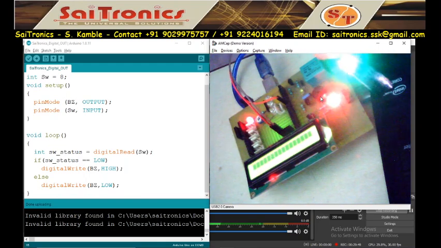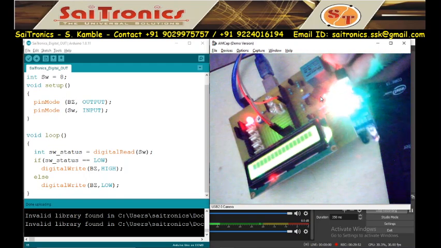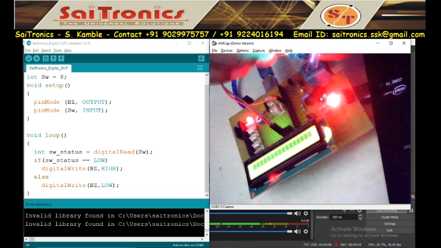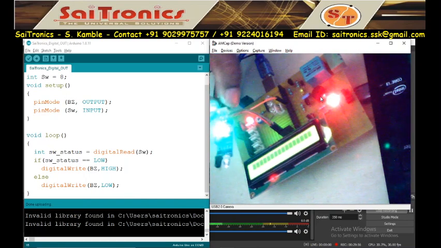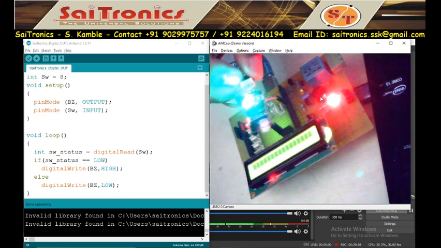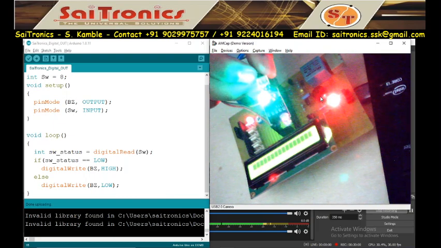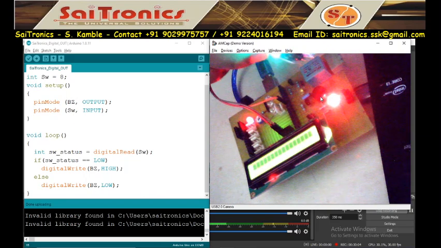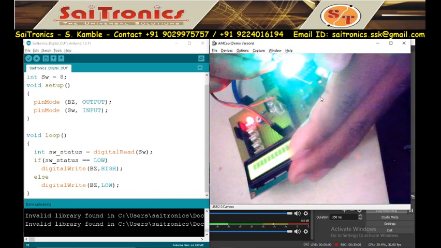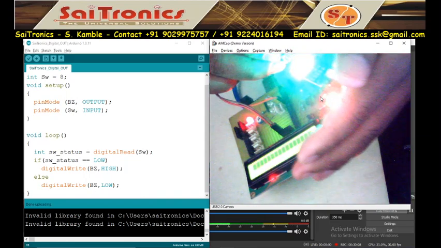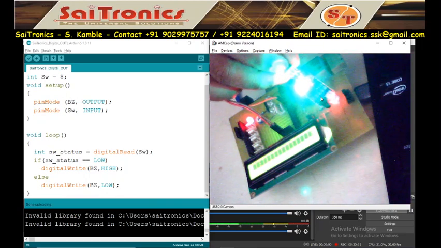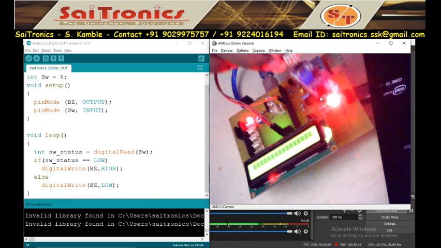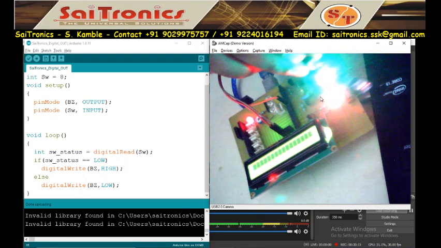So see, this is my IR sensor. If anything is there in front of this, my buzzer should turn on. So this is my obstacle detector, or you can say car reverse alarm.